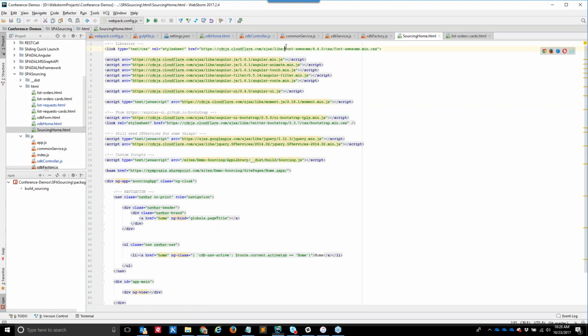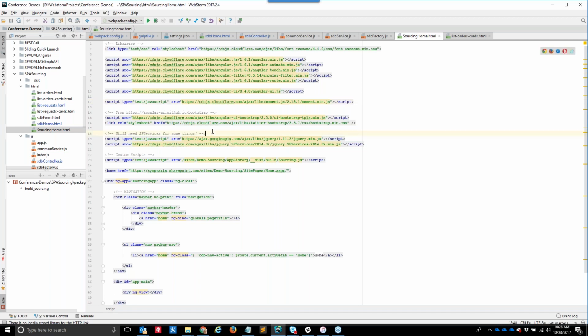I like Font Awesome for some of the icons, the little garbage cans, the little pluses and minuses, things like that. I use Moment.js to do date and time arithmetic. I'm using Angular UI, which has some bootstrap capabilities built into it, so that I have, like, that nice calendar picker is a nice piece of that.